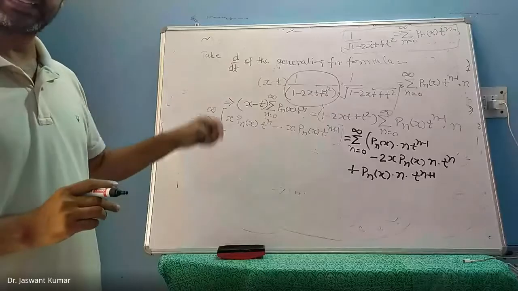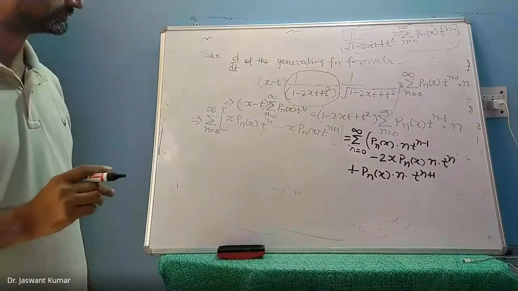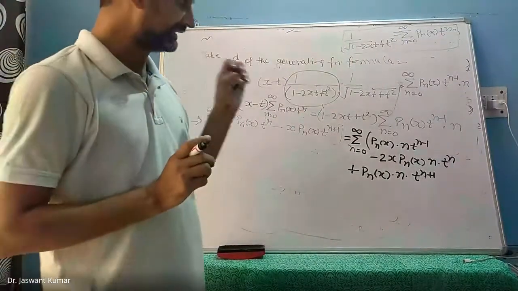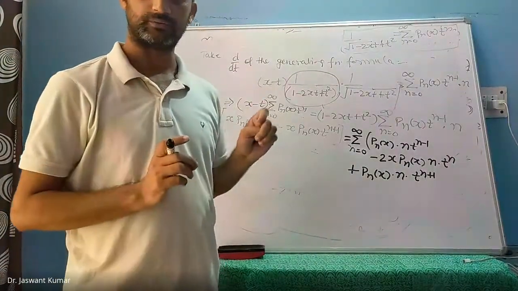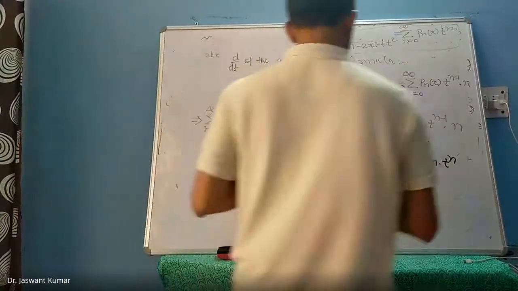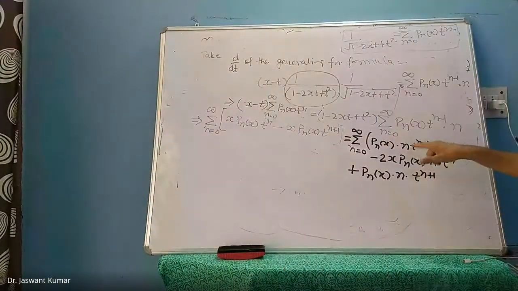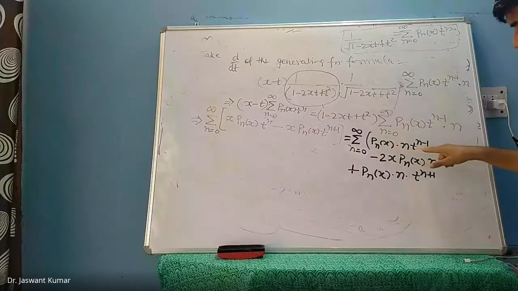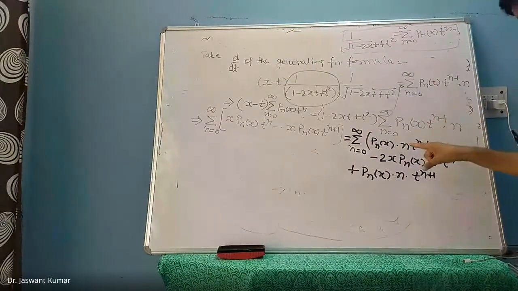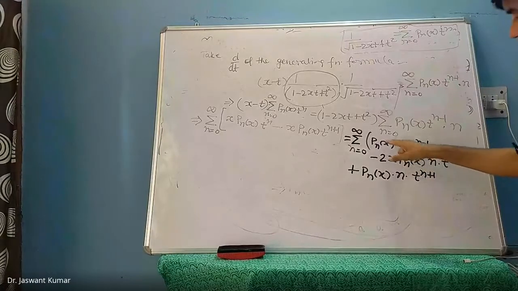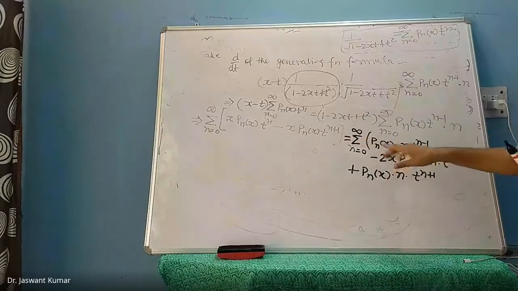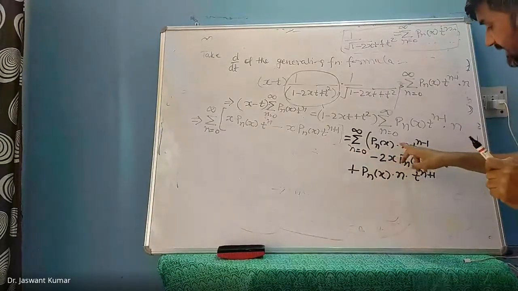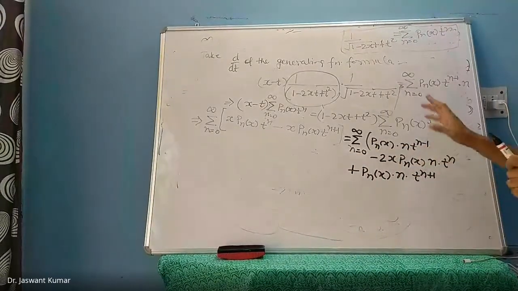So I sometimes write that as greater than or equal to 0. Now there is something interesting that you need to do. Look at this term: n equal to 0 to infinity, p n x t to the power n plus 1. So the first term will be n equal to 0, so the first term will be 0. Suppose there was only one term on your right hand side, which was n p n x t to the power n minus 1.